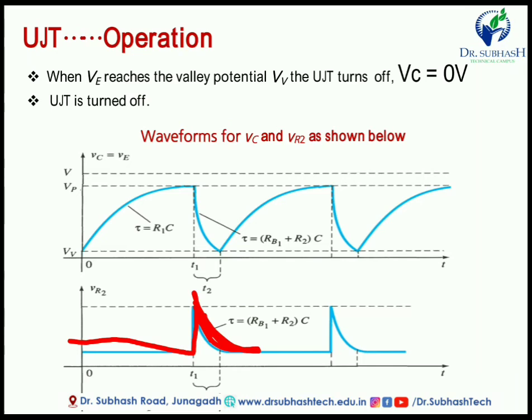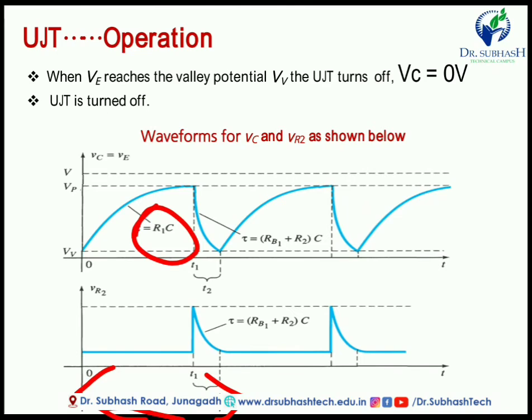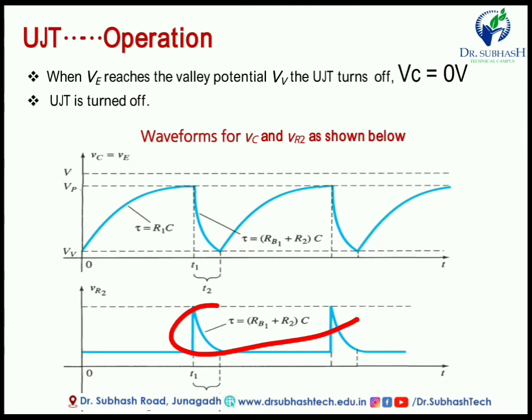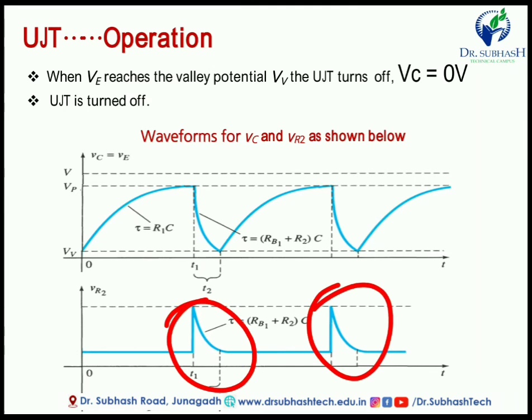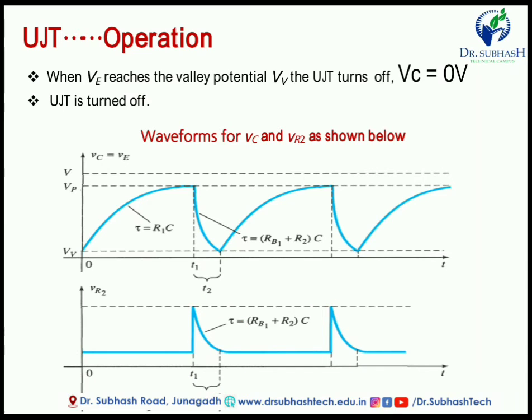So we can design the triggering circuit of the SCR. If you want to change the time period t, then we have to change the value of R1 or C. The capacitor value or resistance value will decide the value of t, and according to the value of t we can change the frequency of this spike or pulse. This pulse is nothing but the triggering pulse of the SCR. So we can easily design the triggering circuit of the SCR.